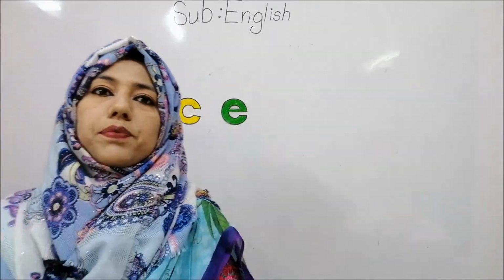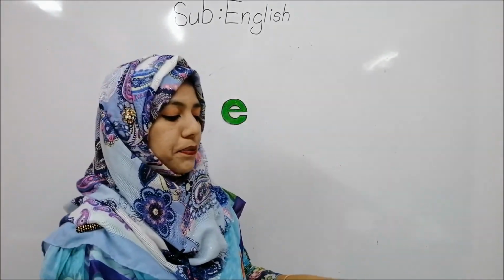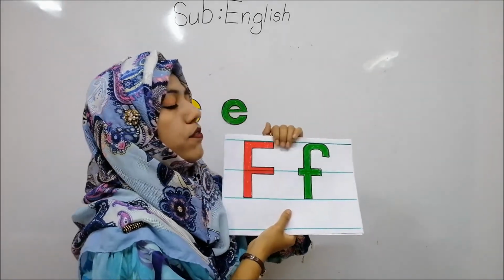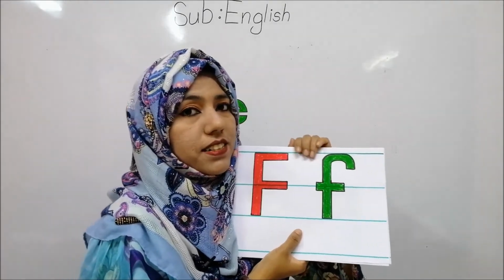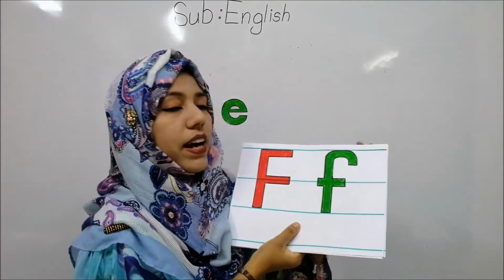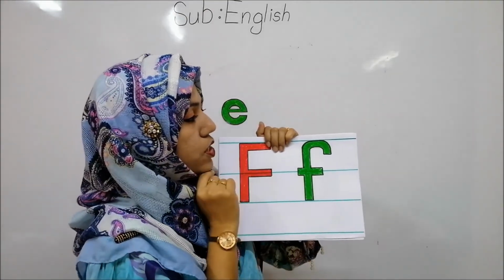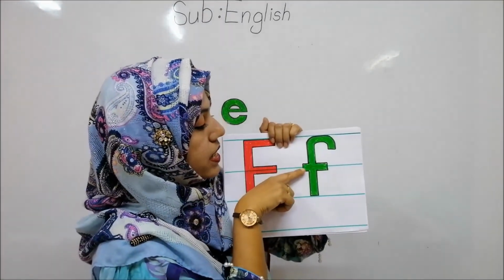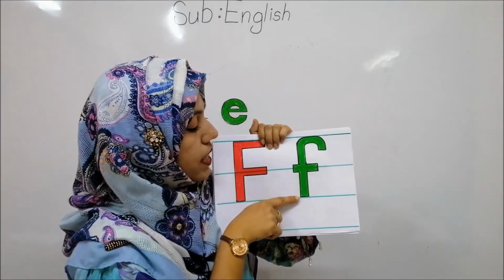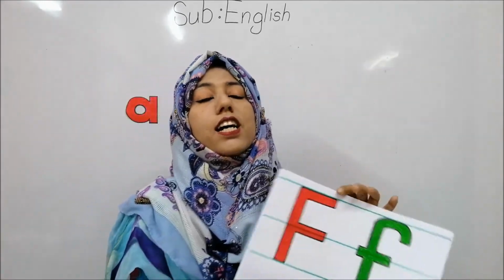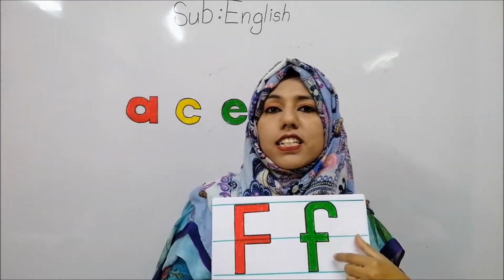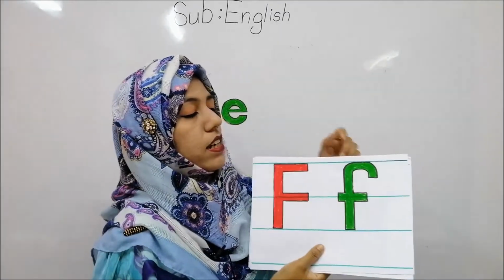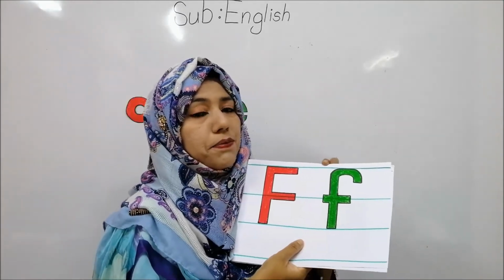Okay. Then E, then which letter, students? E, then letter F. So, can you say where F sits? F starts from first line and it goes down, touches the second line, then goes down and touches the third line. So this is not a short letter, it's a tall letter. So this is not Mr. Turtle's friend. Okay, then F, then which letter?